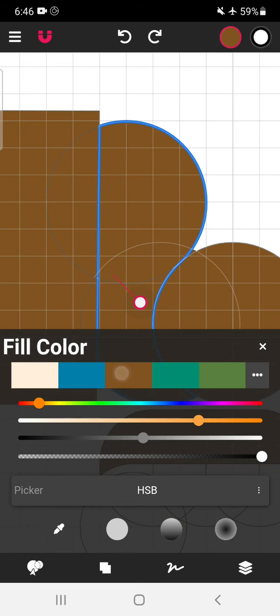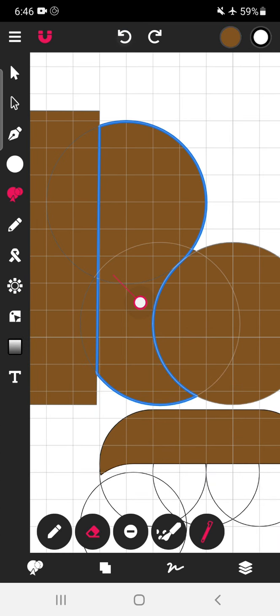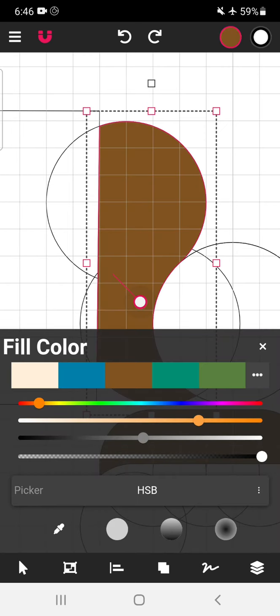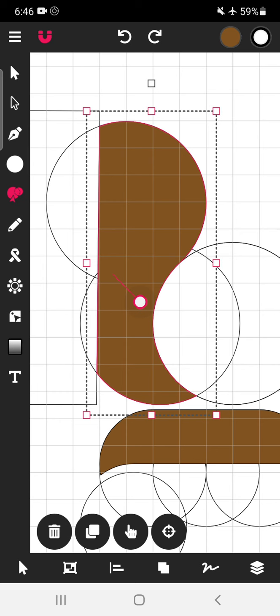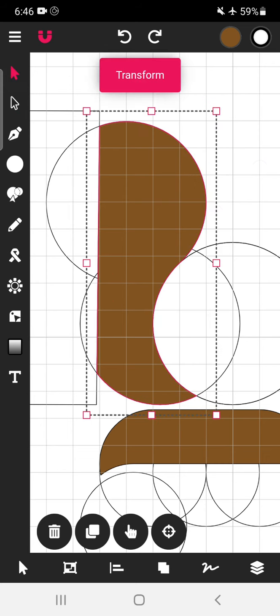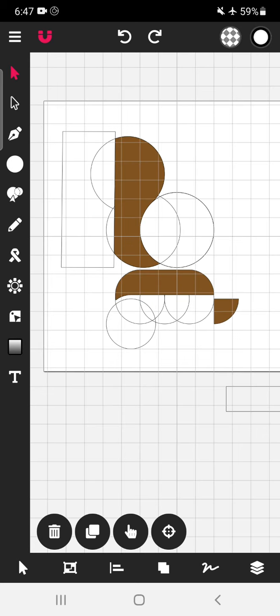Now let's apply color and undo. So the wing is separately seen. Now just give color to this wing. Now deselect. See, deselection is not helping. Use this and then use this. Okay, our reference points are also not lost, as well as we are able to use the shape builder tool.